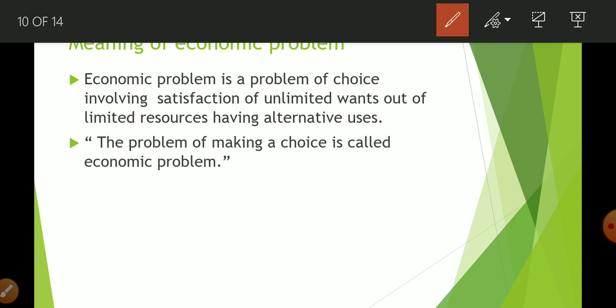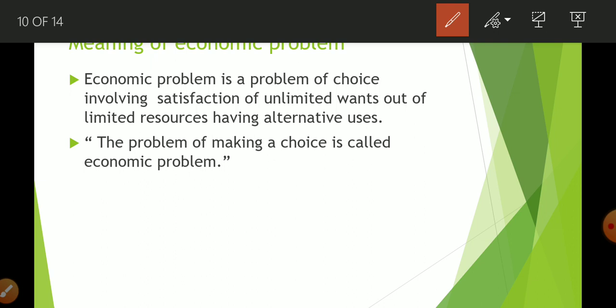And why are we facing it? Because we are having limited resources. With money you can do anything. Suppose there is no lockdown and you are having 500 rupees. You can purchase your book, you can go for watching a movie, you can go outside with your friends. You can do anything that is worth 500 rupees, but you cannot do everything with 500 rupees. So you have to make a selection of which one thing you are going to do.